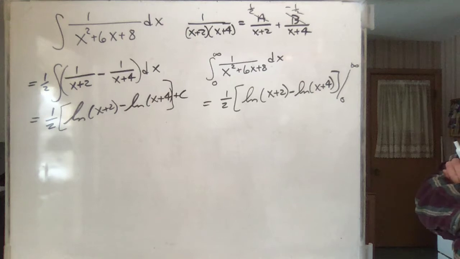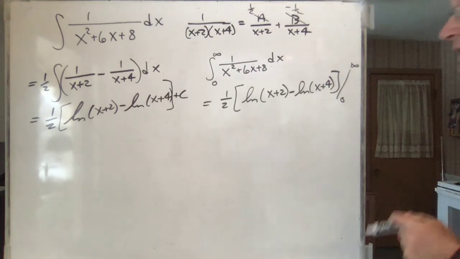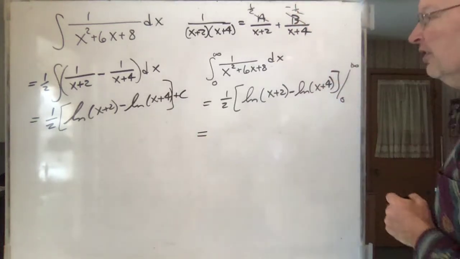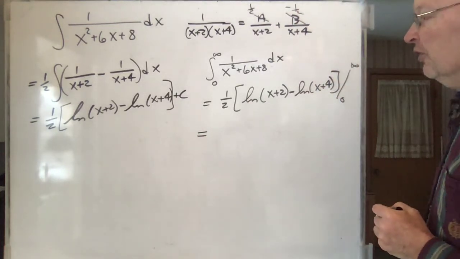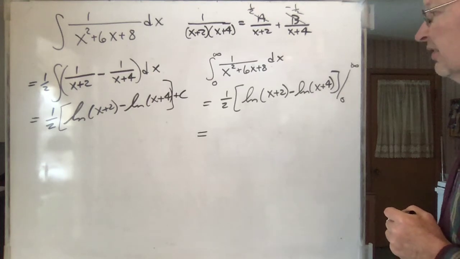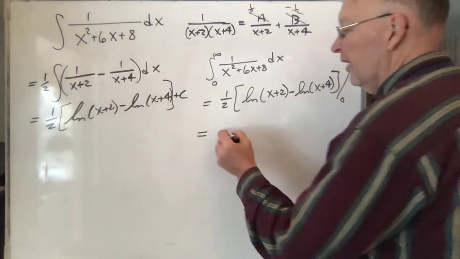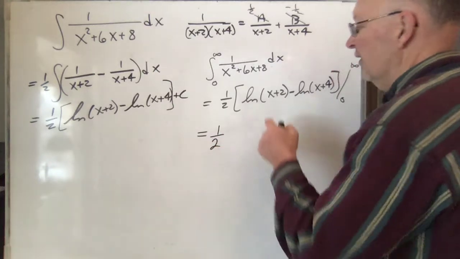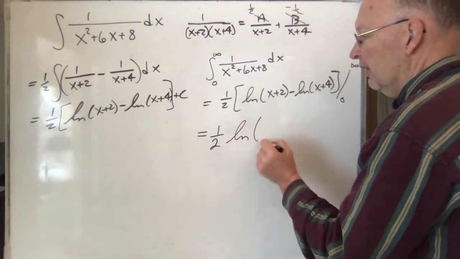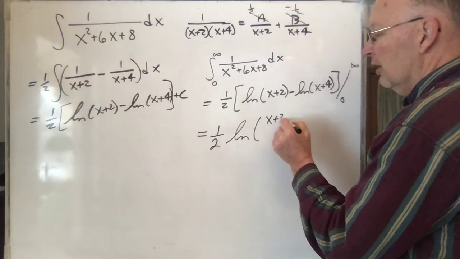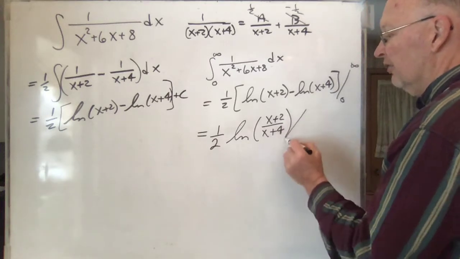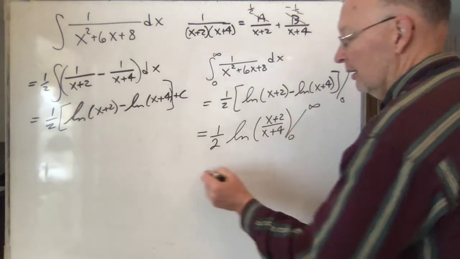Any ideas? This is where, again, you need to know your functions well enough that you actually see possibilities in your own mind. Here's the possibility that I see. I say, oh, the ln of one thing minus the ln of the other, that's the ln of the first divided by the second. There, that's all we need right there.